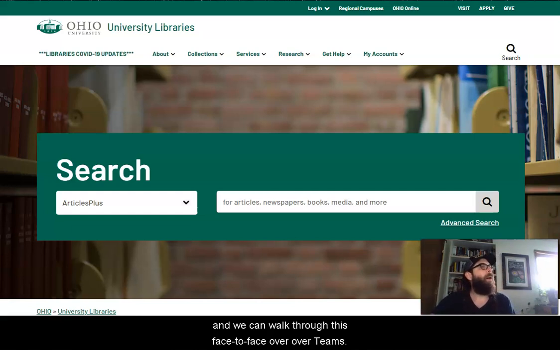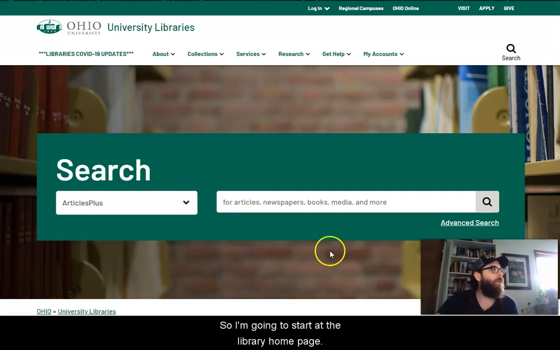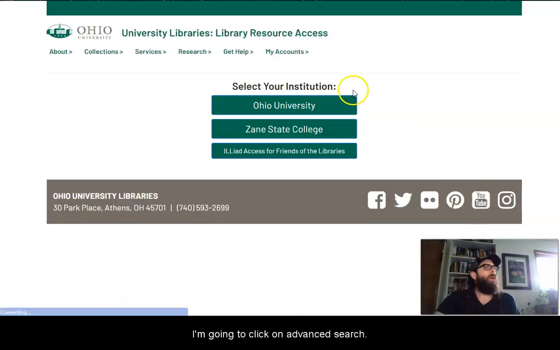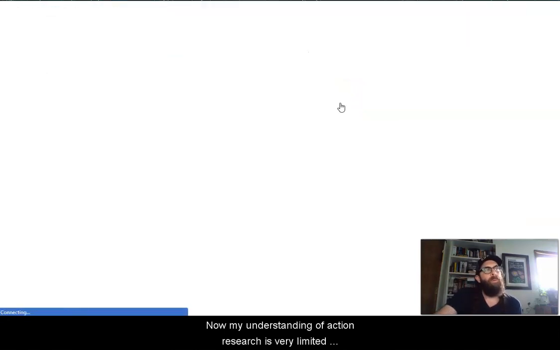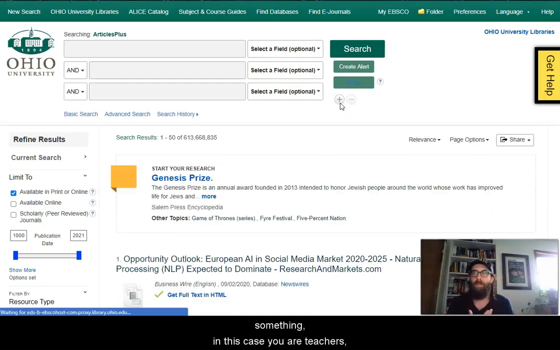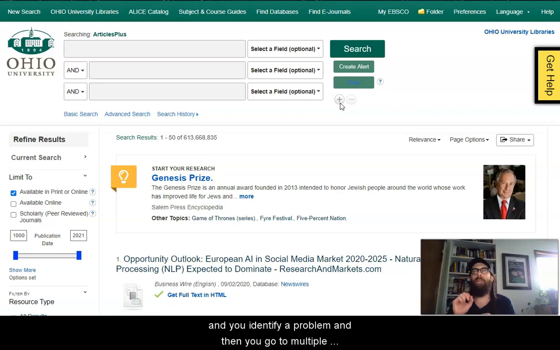So, okay, I'm going to start at the library homepage. I'm going to click on Advanced Search. Now, my understanding of action research is very limited, but I think the idea is that there's a methodology. So you are a practitioner of something, in this case you are teachers, and you identify a problem, and then you go to multiple sources and you attempt to become well versed in the topic, and